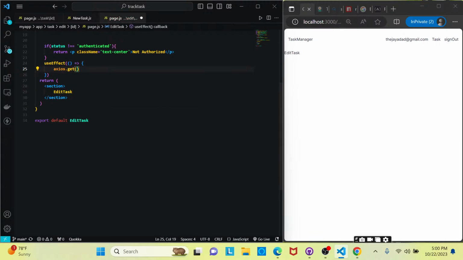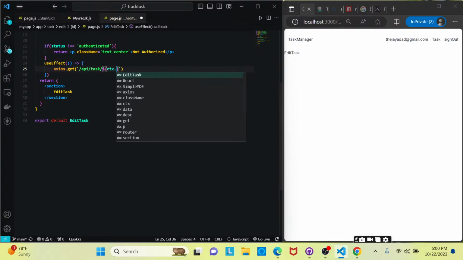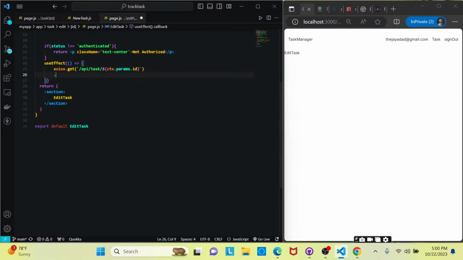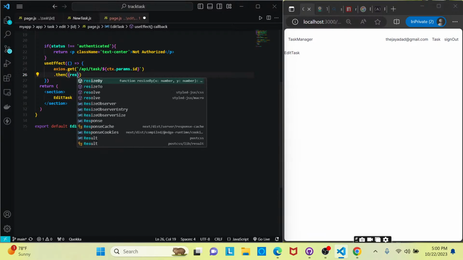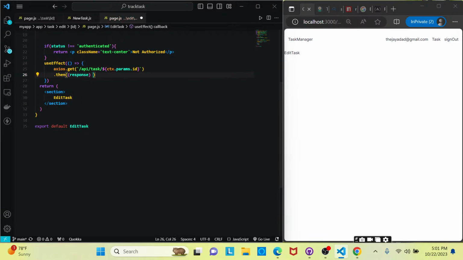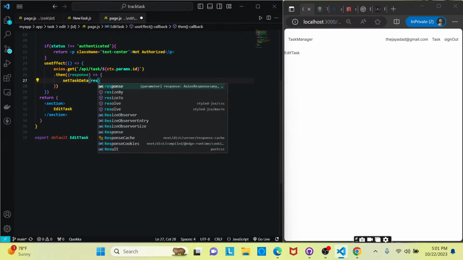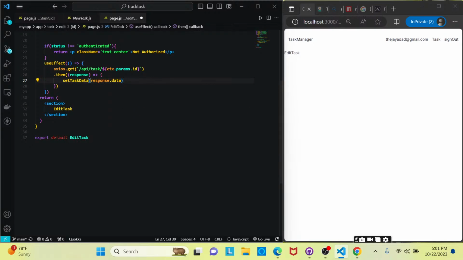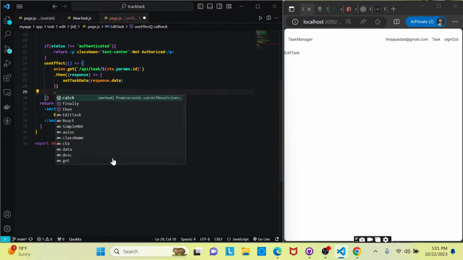Axios.get, and we want to go /api/task/$, and then we're going to pass in the ctx.params.id, and then we'll go .then, response. This is equal to setTaskData, and we're going to pass in the response.data. Then we'll have our .catch,